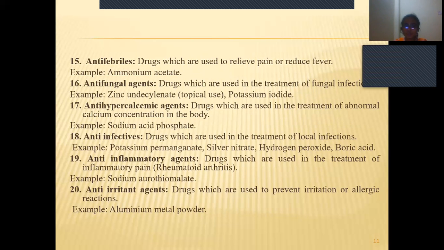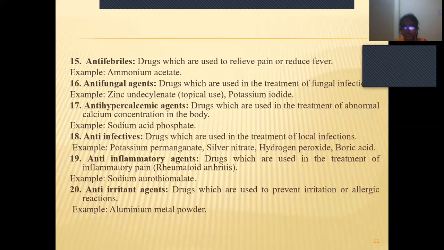Next, antipyretics. They are mainly used to relieve or reduce fever, that is, to reduce the body temperature. Example, ammonium acetate. Next, antifungal. These are mainly used in the treatment of fungal infections. Examples are potassium iodide and